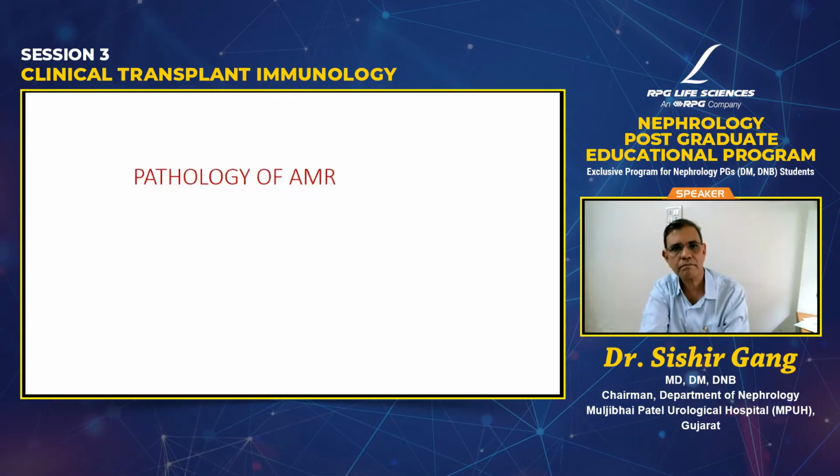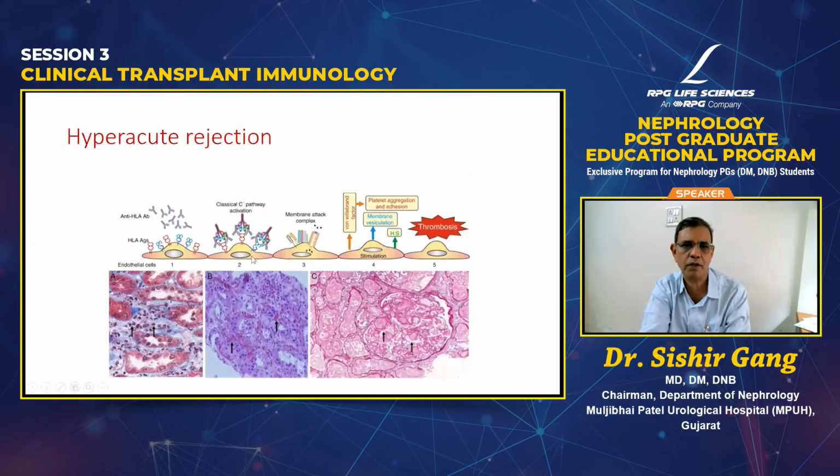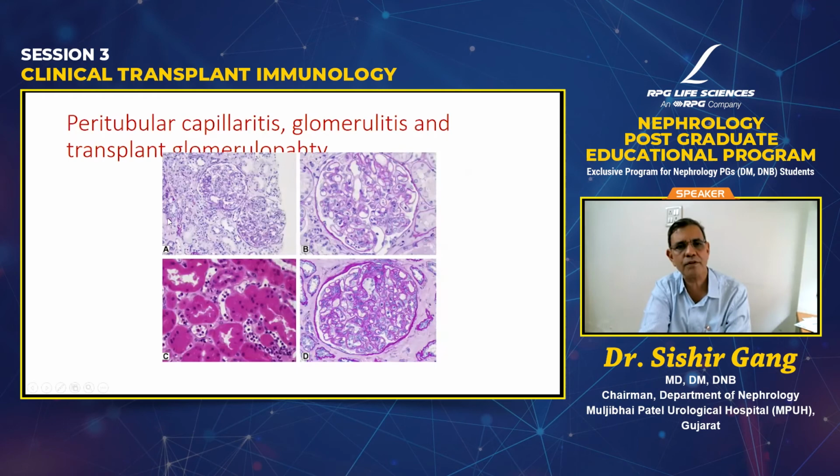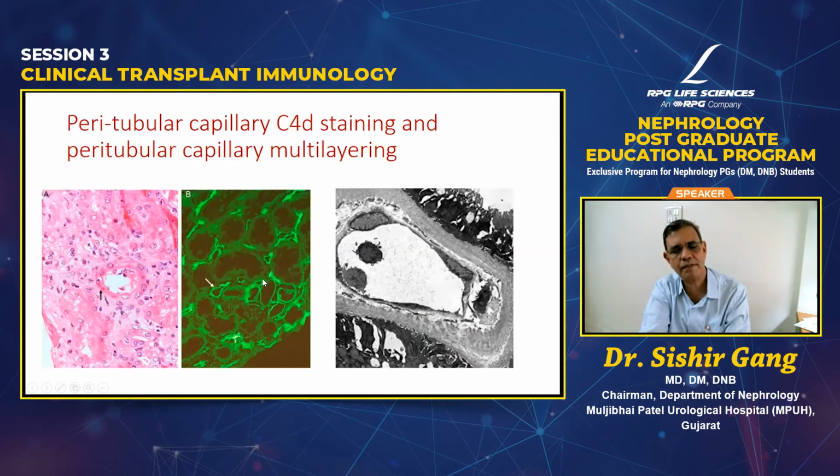So a portion of antibody-mediated rejection may be C4d negative, and still be damaging to the graft. What about the pathology? Very briefly, you might have a session on pathology to tell you that once complement is activated, it can go into the peritubular capillaries, bring in lymphocytes, and directly damage the endothelial cells. These release a lot of platelet aggregation molecules, von Willebrand factors, and if there's very severe acute activation, you can get thrombosis of the graft. This again shows the lesions in the peritubular capillaries, where you find these cells, which tell you that probably the antibodies have started playing a role. And then as the lesions advance, you can see the footprints by C4d staining.